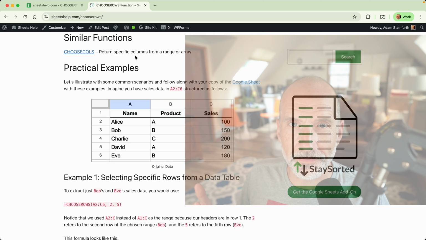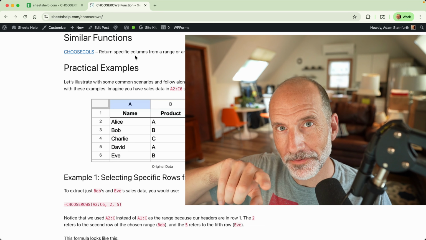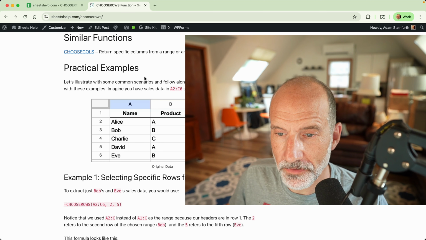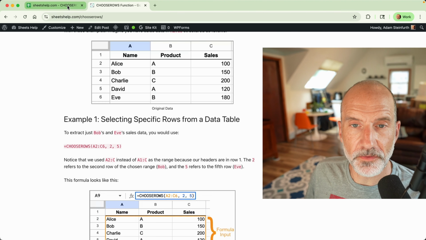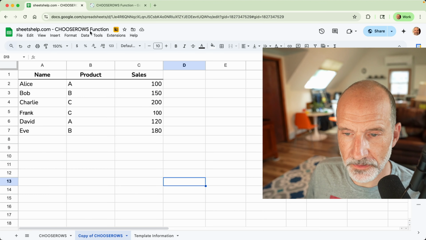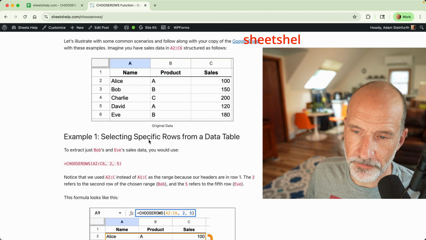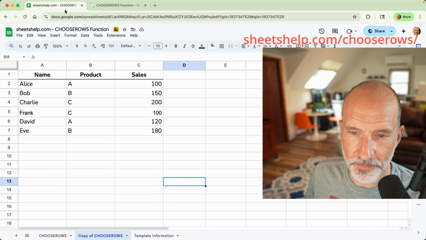So the Choose Rows function looks at a range of data and picks out whatever rows that you want and returns them. So we will show you the first example. It's just a simple example. We'll switch over to the example template that you can get if you go to this website. Click right here to make a copy of it. We'll hop over